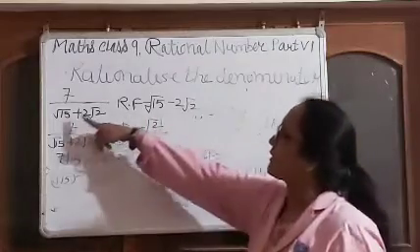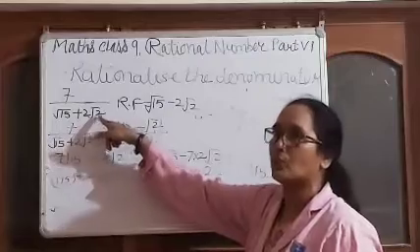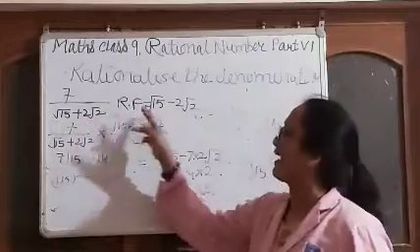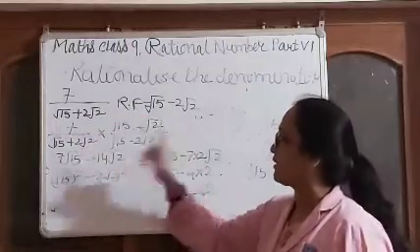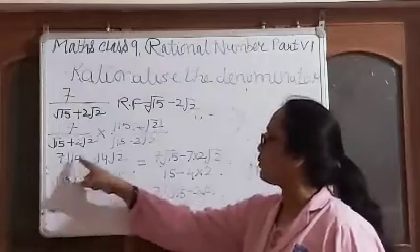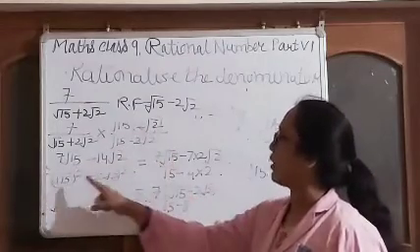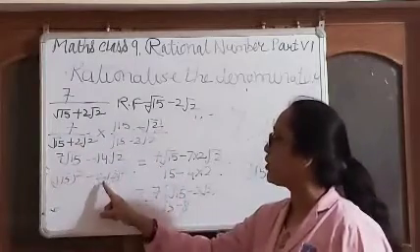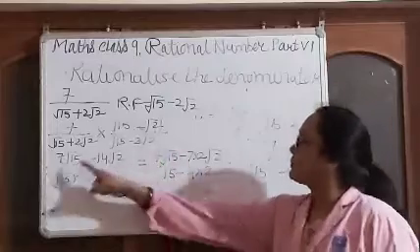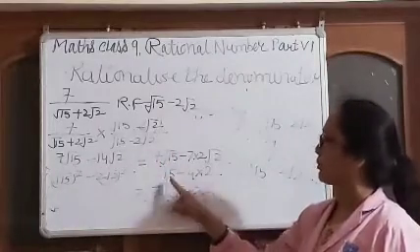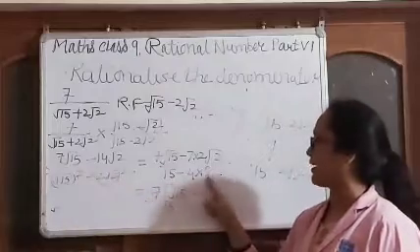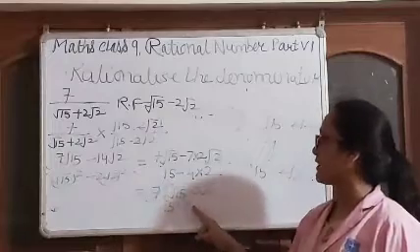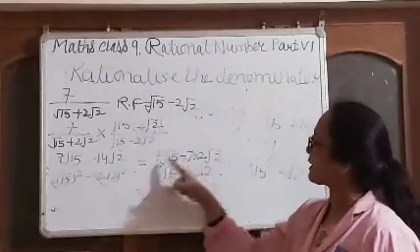Again I will do. What is the rationalizing factor of root 15 plus 2 root 2? It is root 15 minus 2 root 2. So we will multiply and divide with the rationalizing factor. So when you multiply, 7 root 15 minus 14 root 2 upon a square minus b square, which is root 15 square minus 2 root 2 whole square. So 7 root 15 minus 7 into 2 root 2 upon root 15 square, 15, minus 4, 2 square is 4, and root 2 square is 2. So 15 minus 8 is 7. And we will take out the 7 common.